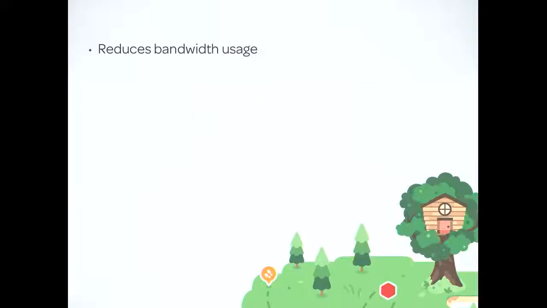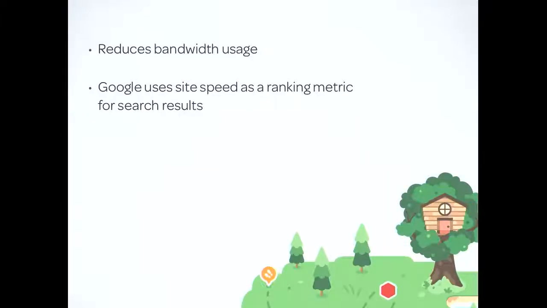Well, the overall performance and speed of our sites or apps is something that we should always be thinking about. One of the main reasons is because it significantly reduces bandwidth usage. But mainly, it's more about optimizing the experience for our users. In fact, Google now uses site speed as a ranking metric for its search results. So performance may actually be the difference between ranking on the first page or on the fourth or fifth page